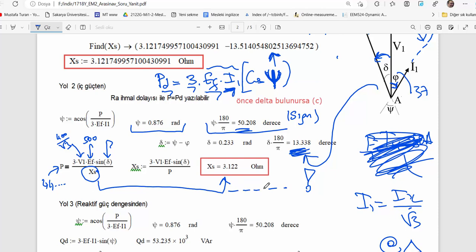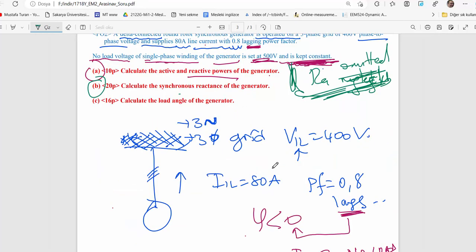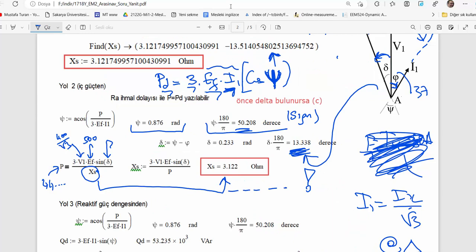but the solution and the parameter are very hidden, so the solution is not easy. There are 4 different approaches, as I said. I have used the easiest one here. There are some other methods you can follow here. That was the solution of the third one. Second one, synchronous reactance is found right now. It was 3 blah blah